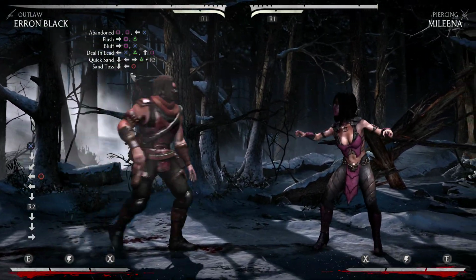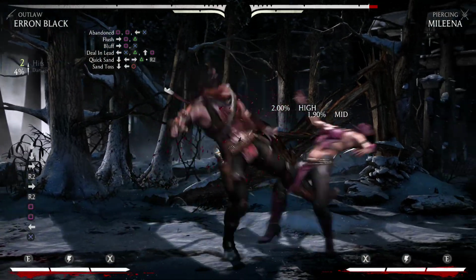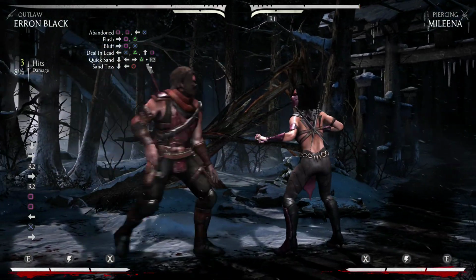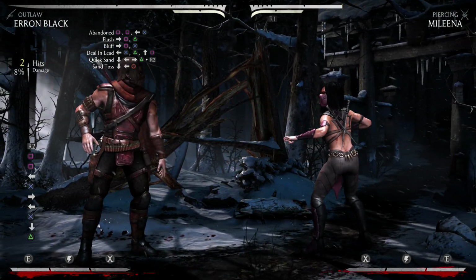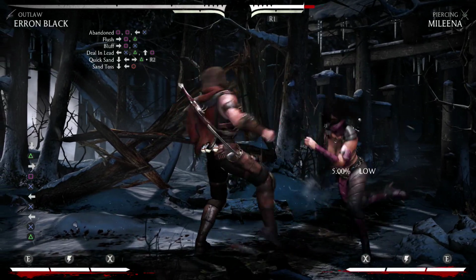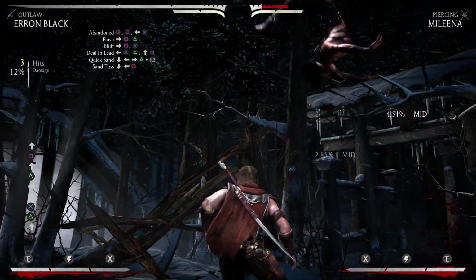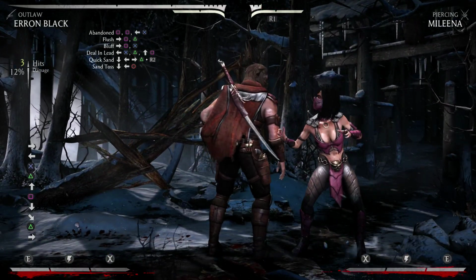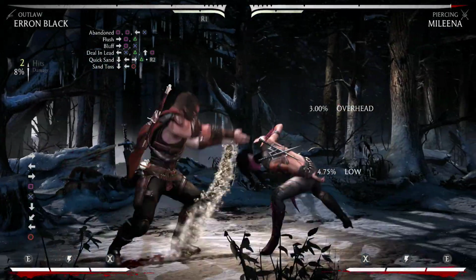And once they start figuring out how to block it, then instead of going for the overhead, you can simply go for a low combo and mix it up a little bit. Or you can start the combo off with a low, like after they block the first one, then you can go for a low like this here. You just kind of annoy the hell out of people. And if you really don't want to have to try to do like this here,